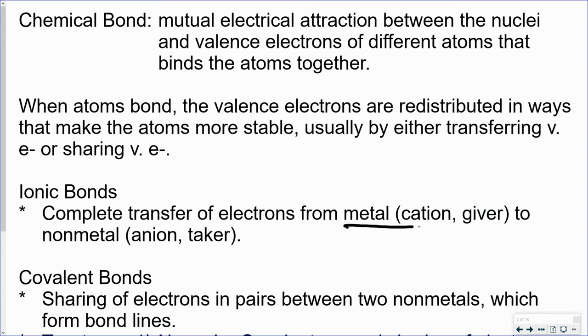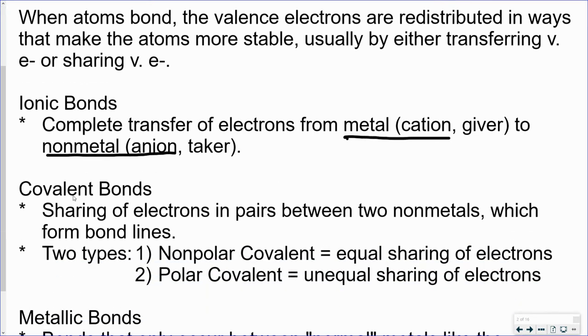So, a metal will become a cation, and a non-metal becomes an anion. Anion being negative, they're getting an extra electron, becoming negative. Cation becoming positive because they're giving up one. With covalent,